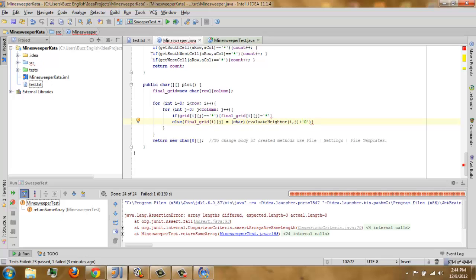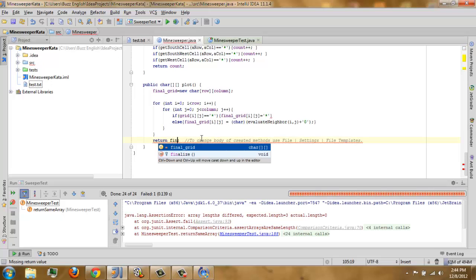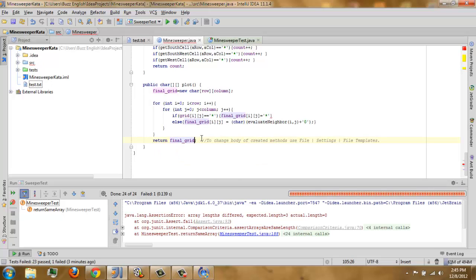That's it. Don't forget the column. Add the semicolon. Then return final grid. Right, return final grid.